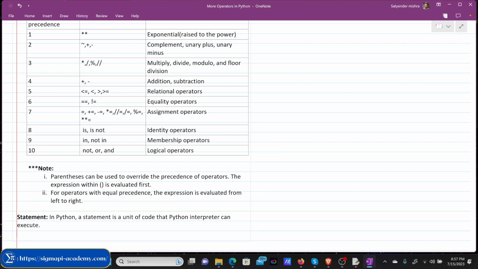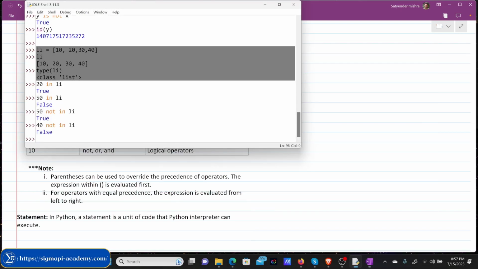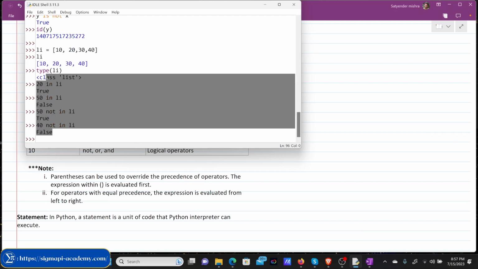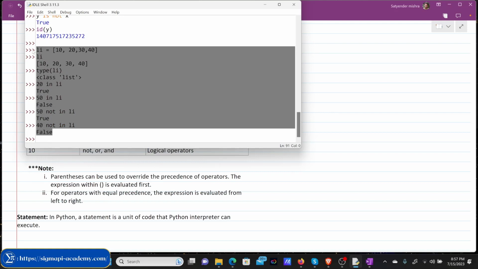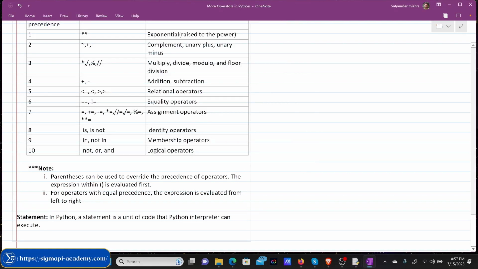Now we have seen many statements. We can take any example here. We can take this example, right? Any example. So all these are Python statements. Okay. For example,